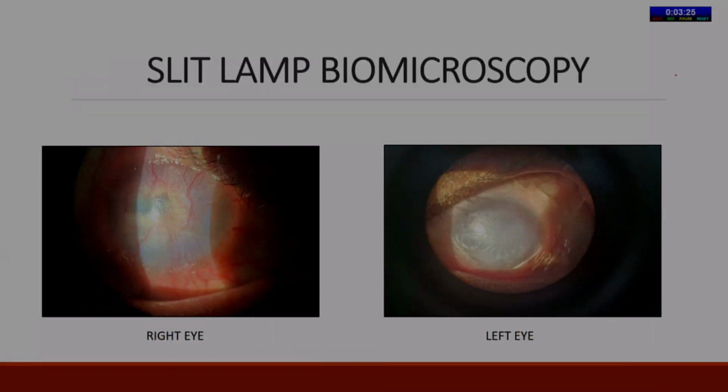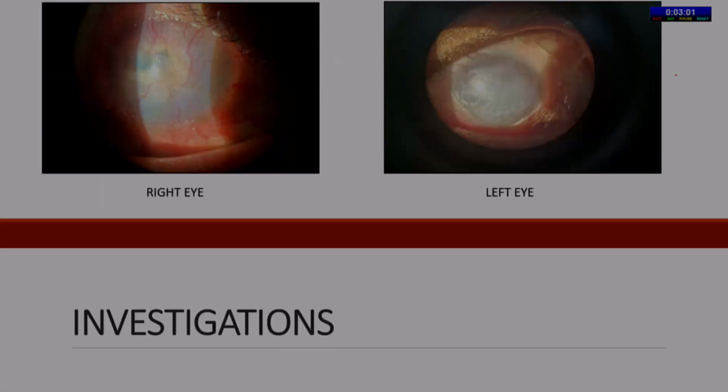On slit lamp examination, both eyes showed circumcorneal congestion with conjunctivalization of the entire cornea and loss of palisades of Vogt. In the right eye, there was corneal neovascularization with a 1 by 1 mm epithelial defect seen paracentrally around 10 o'clock, and there was fibrovascular pannus present 360 degrees. In the left eye, the AC contents were not appreciated.